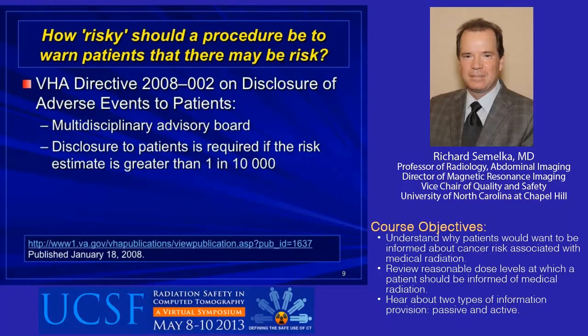So, for me, a source document that has been highly influential in determining at what level risk should be informed to individuals is a Veterans Administration directive from 2008 on disclosure of adverse events to patients. In this, they assembled a multidisciplinary advisory board involving physicians, nurses, other healthcare workers, and medical ethicists. And they determined that disclosure to patients is required if the risk estimate for a procedure is greater than 1 in 10,000. Now, it should be noted that this was not assembled for the purpose of evaluating medical radiation, but I think it's reasonable to consider medical radiation in the same setting as other medical procedures, which is what that assembly of experts was